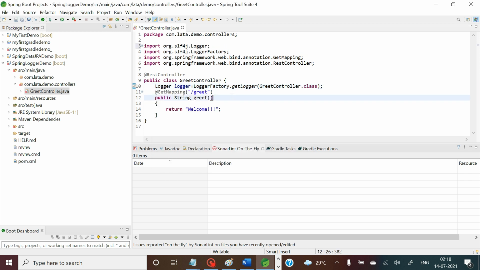Once this logger instance is created, you can add logging information for different logging levels.